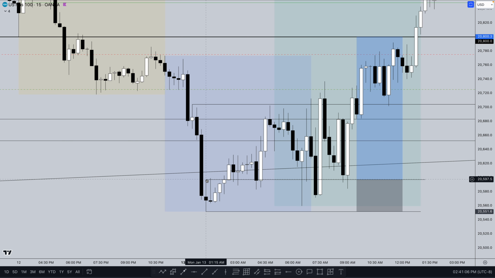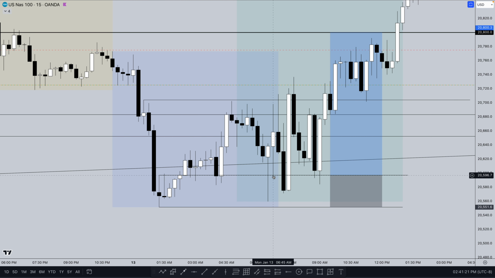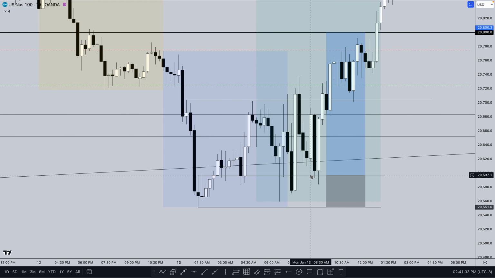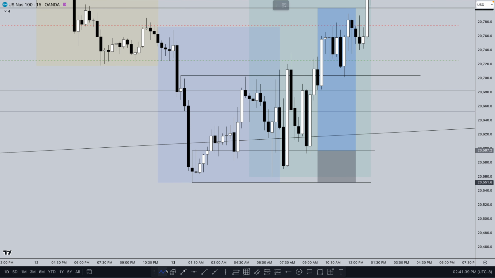What had happened, we broke above these highs, and then we swept these lows here with this wick. So you mark up the lows and the highs, that's the structure or the accumulation. When price came back one time at 6:45, it flew for 100 pips, came all the way back down to the same entry, flew again for another 200 pips, came back down to the same area again. The reason why you continue to take these trades is because the stop loss hasn't even been violated, hasn't been touched. Trust the setup. Trust the structure. It came back several times, but hey, just set it, forget it.